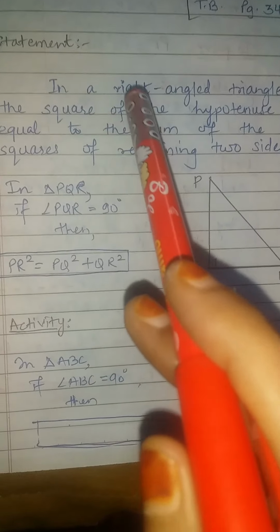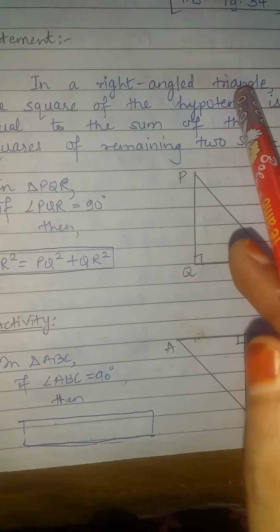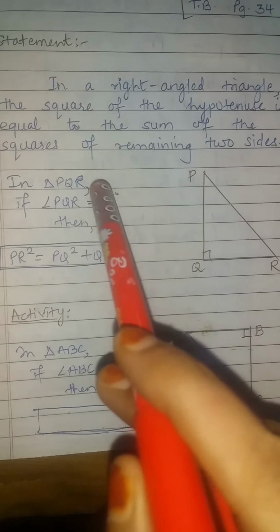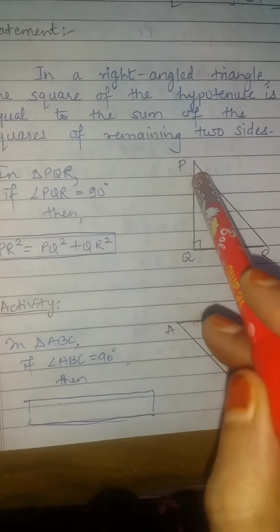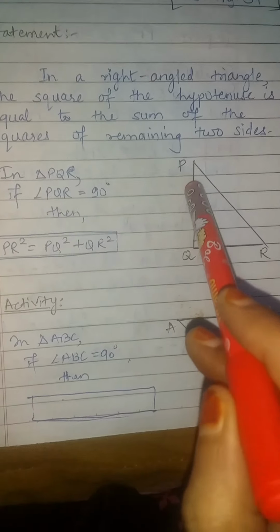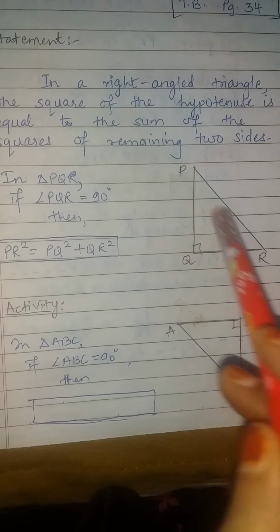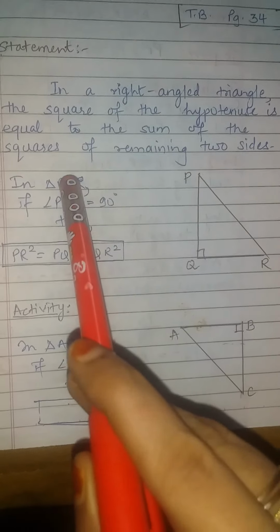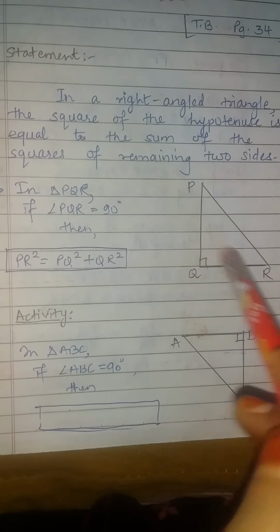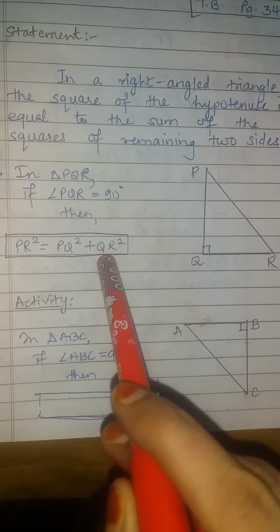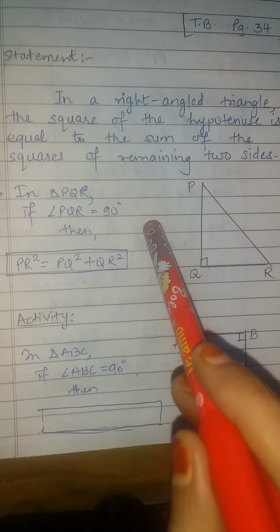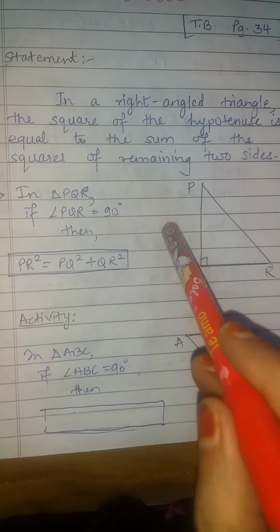This theorem can be applied only to right angled triangles. Let me remind you. So in triangle PQR, if angle PQR is 90 degrees, then by Pythagoras theorem, the square of the hypotenuse, that is PR square, is equal to the sum of the squares of the remaining two sides, that is PQ square plus QR square. So in triangle PQR, if angle Q is 90 degrees, then by Pythagoras theorem we get PR square is equal to PQ square plus QR square. Fine. You have applied this Pythagoras theorem right from your earlier standards, so you all are familiar with the concept.